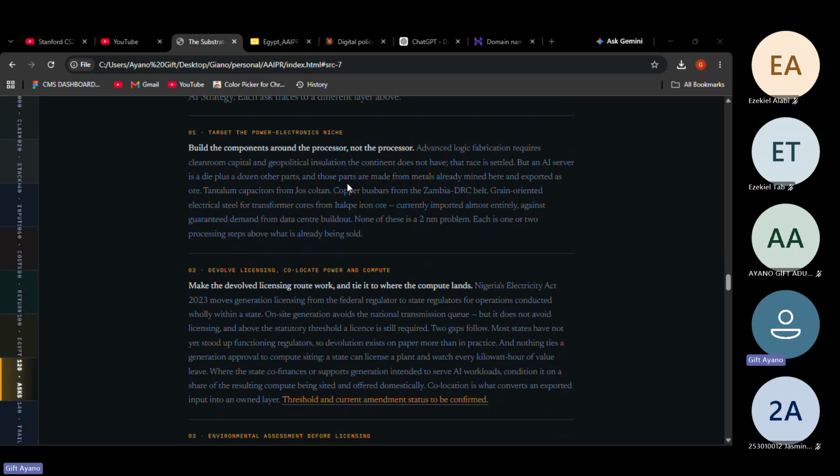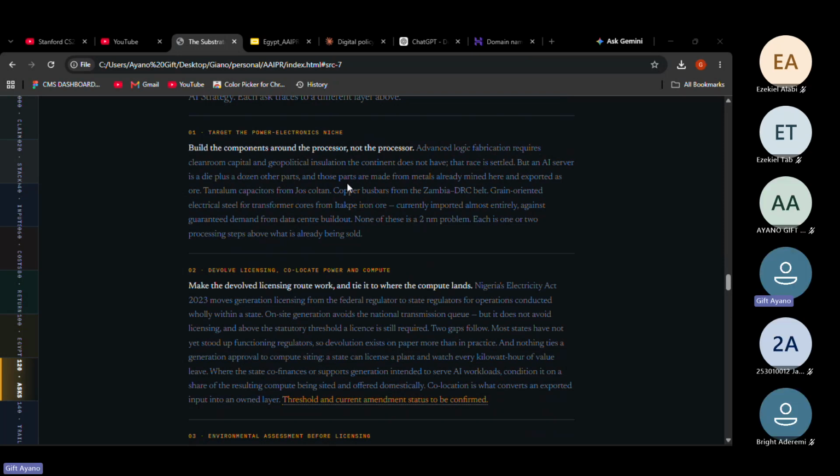Meaning that most of these raw materials are gotten from us, but not the processor itself. And we cannot compete. We cannot say that we'll start building our processor. No. But what can we do? An AI server does not comprise only the processor. There are other things that make up a data center, like an AI server rack. We can think of